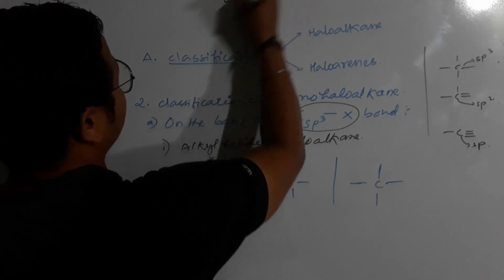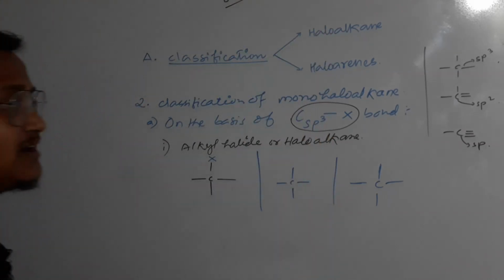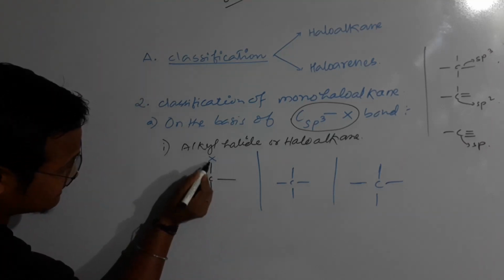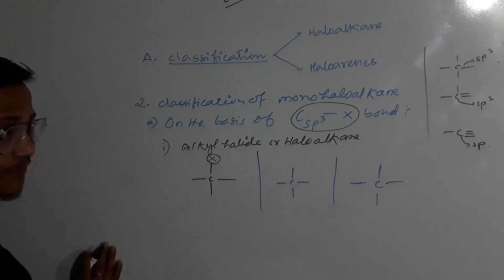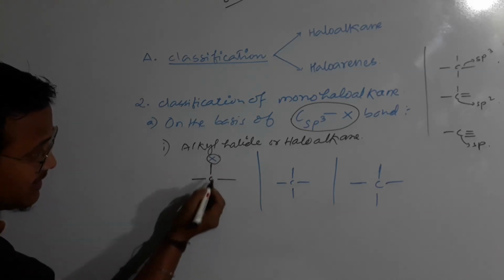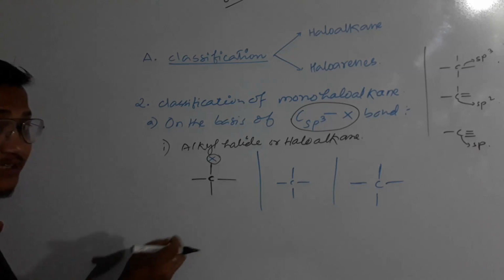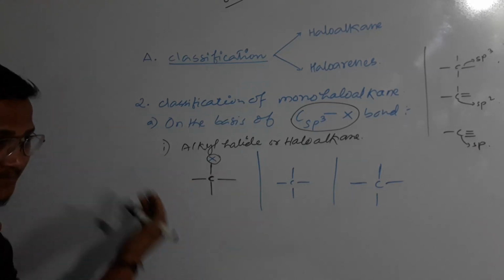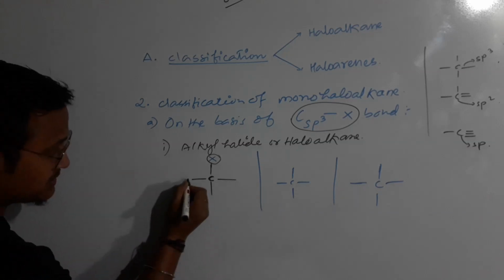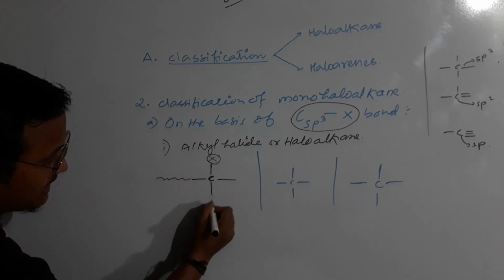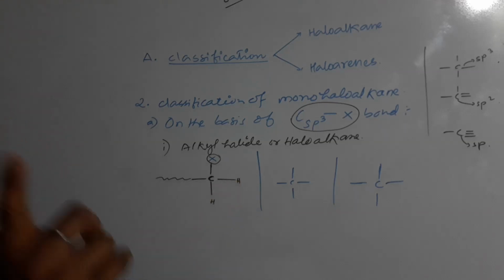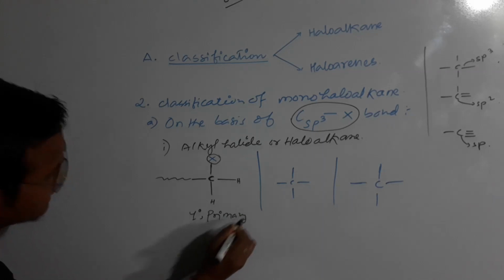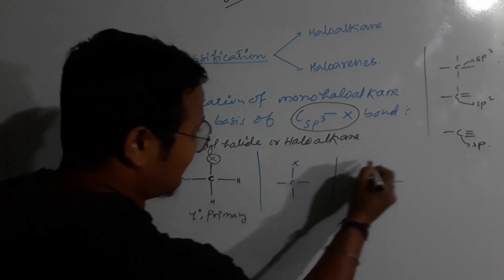Our alpha carbon. I think you guys have gone through these things in your HS first year classes, right? Now look at this carbon here. This is our functional group, so it is present on this carbon. Now if this particular carbon is attached with one carbon chain and two hydrogens, then it is known as 1 degree or primary. Clear, guys?